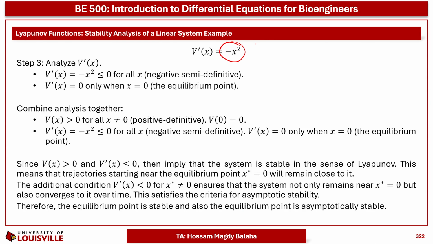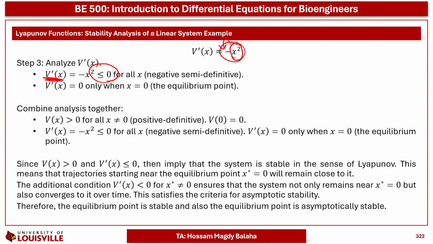At all points, it will be negative or 0, because if you inject here a positive or negative value, the result will be positive multiplied by negative, so the final result will be negative. So it's for sure negative. And is it semi-definite or not? If you substitute by 0, then it will be 0. So in this case, v bar, the time derivative here, is less than or equal to 0